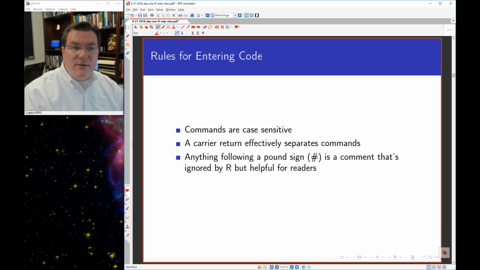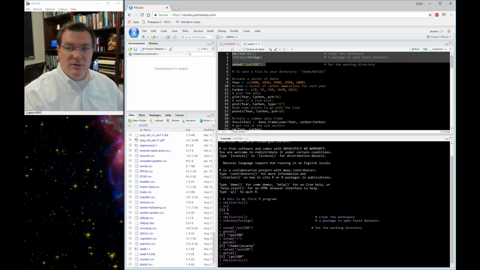Third, anything following a pound sign or the hashtag sign, if you're more Twitter oriented, I suppose, is a comment. It's ignored by R. It's not there for R to read. It's there for humans to read, the people doing the programming. So again, going back to RStudio here,